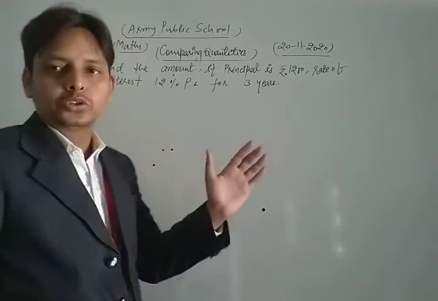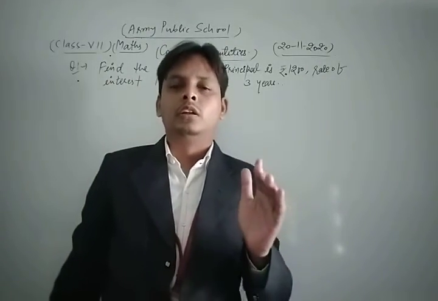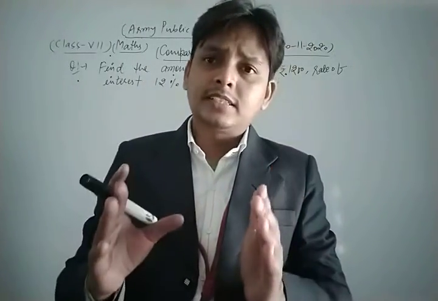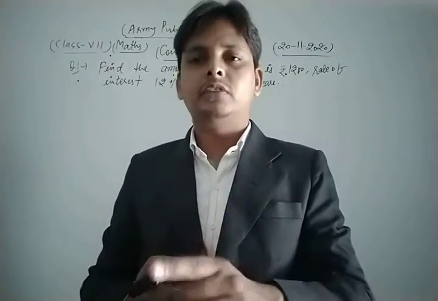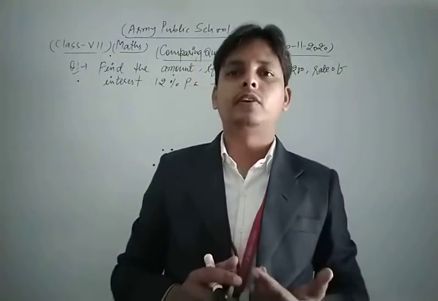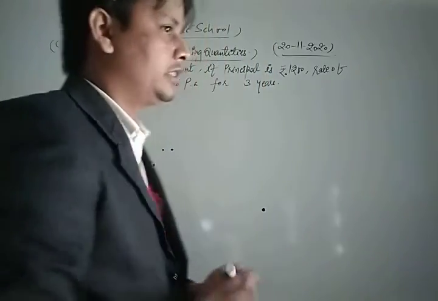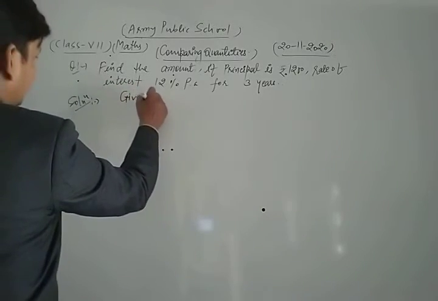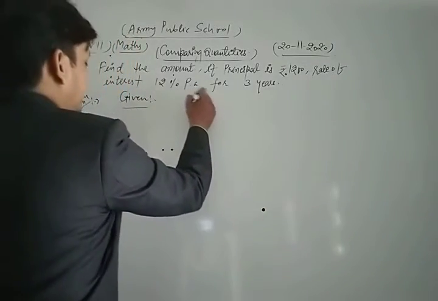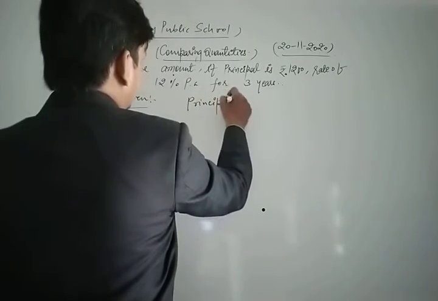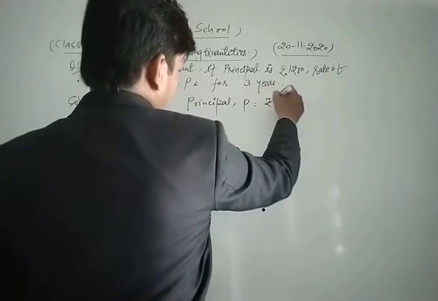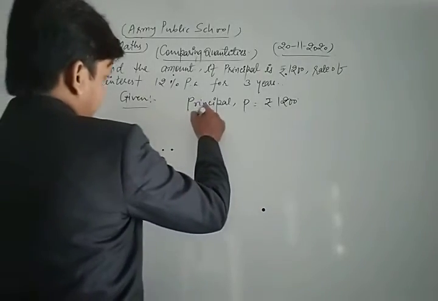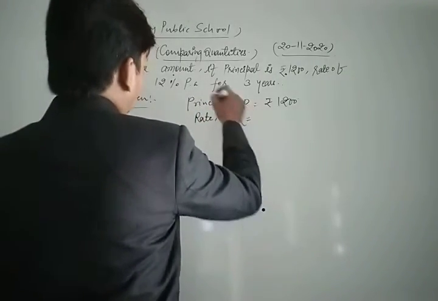This is also a very important question of your NCERT exercise, which is based on the amount. Now, first of all, in that type of question we write what is the given value. After that we apply the formula. Then we put all the values in the given formula and simplify it, so we get our result. Let's see its solution, dear students. First of all, we write the given value. Let's see. Principal P is given as what? Rupees 1200. This is your principal value, and the rate of interest is given what?